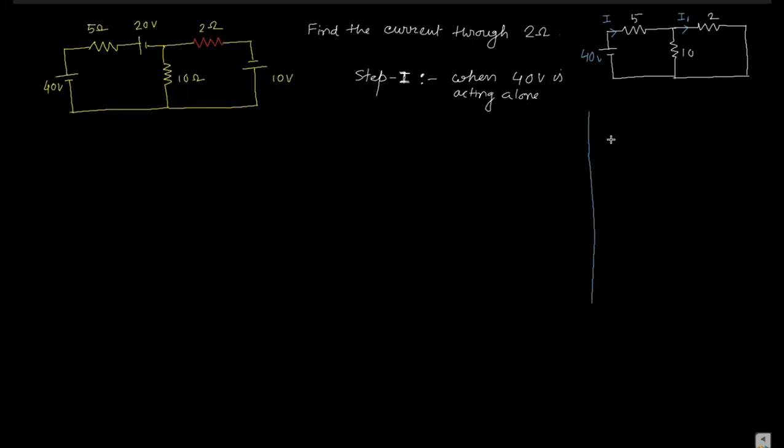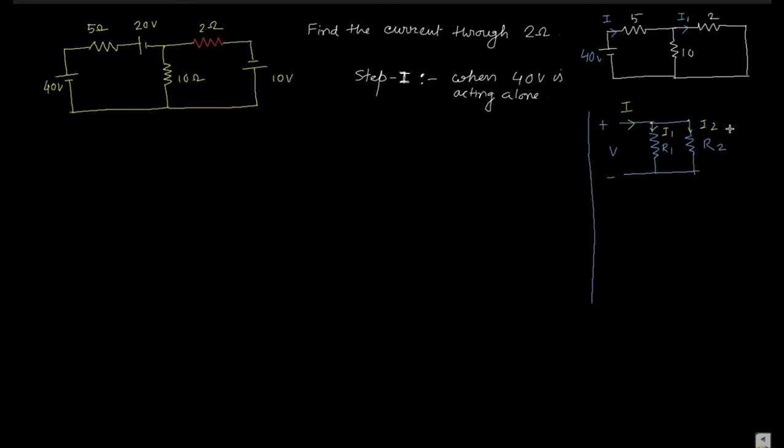What is the current division rule? Where can we apply it? When two resistances are in parallel, then we can apply the current division rule. I will briefly discuss the current division rule. Here this is R1, and this is R2. Here a battery is connected, you can take it as a V volt battery. Due to this V, I is flowing through it. Here there are two junctions. I1 is flowing through R1 and I2 is flowing through R2.